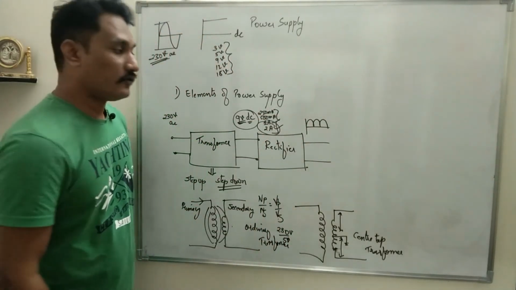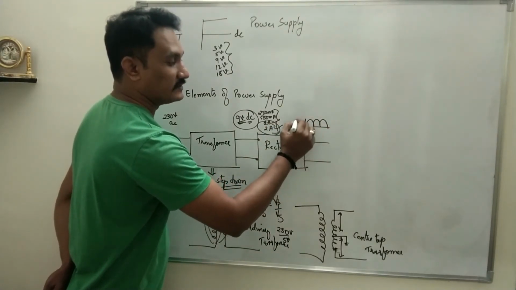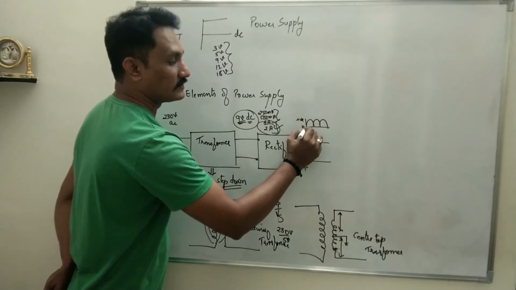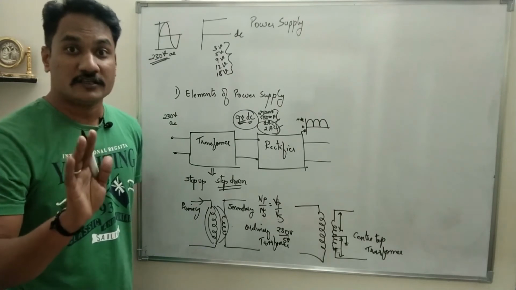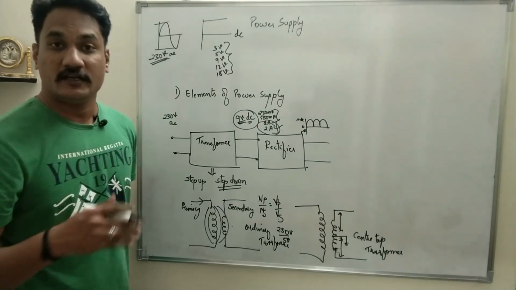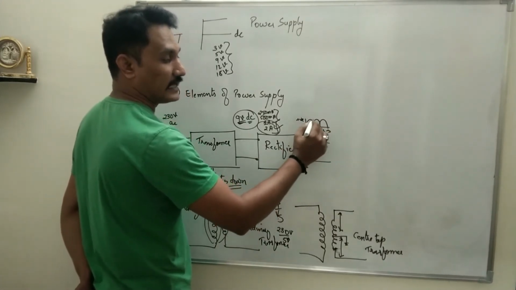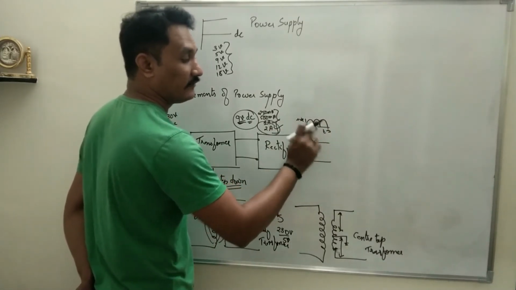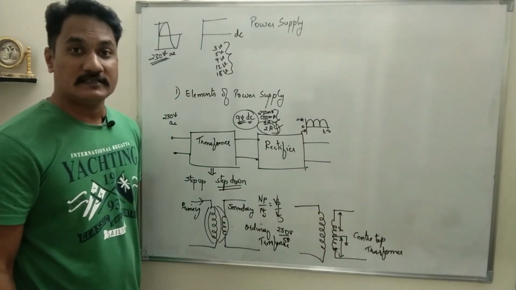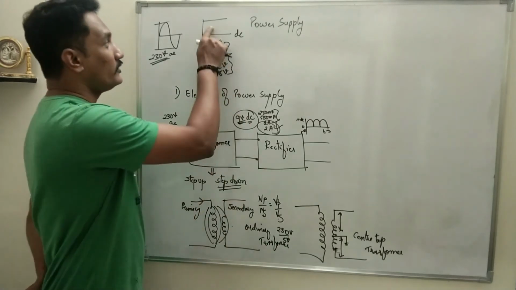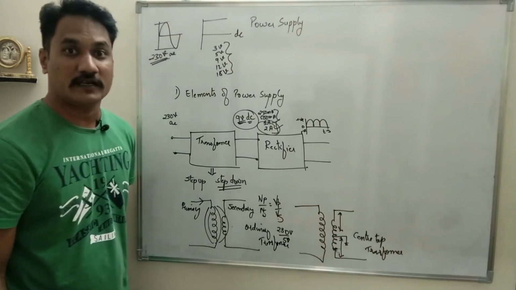Of course, the direction of flow of current is only in one direction. This is 0, and this is positive, this is negative. What you can see is the polarity of the signal is not changing with respect to time. Of course, the amplitude is changing, but the polarity is not changing. If polarity is not changing, of course it will be DC. But will that be a pure DC? How pure DC is? Pure DC is a straight line. So are we getting a straight line at the output of the rectifier?